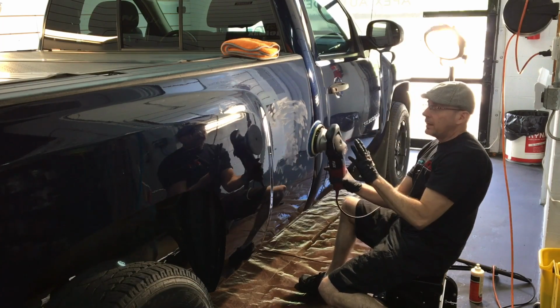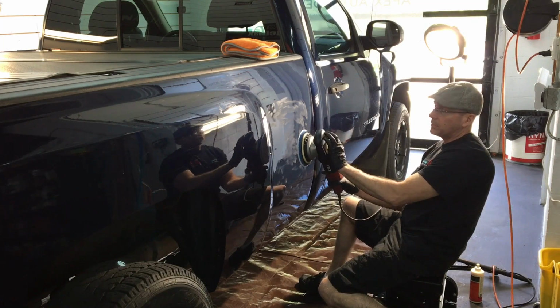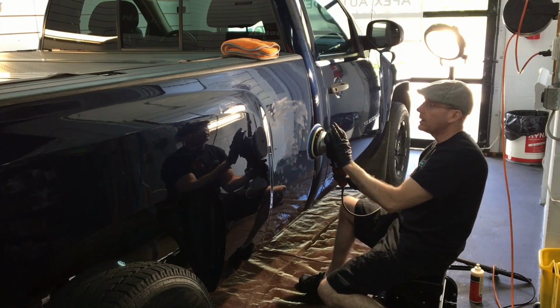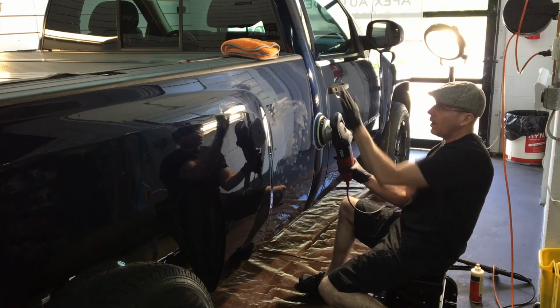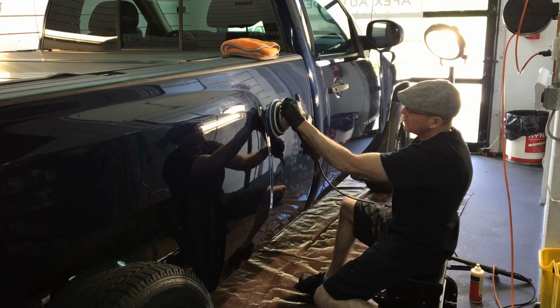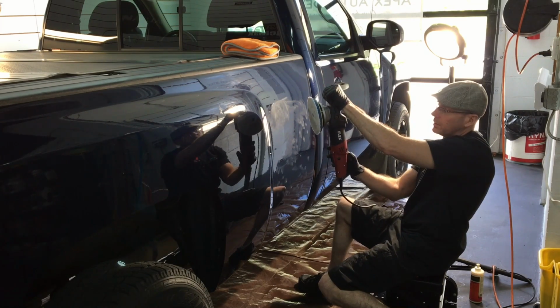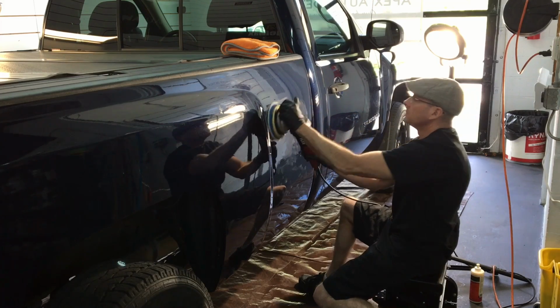Again, you can keep the handle on here, or you can remove it and just operate it cupping the tip of the polisher, the plastic shroud here. I like it with the handle on all the way forward. Soft start, so you can have the speed position wherever you want it. You could put it on 4 right away and